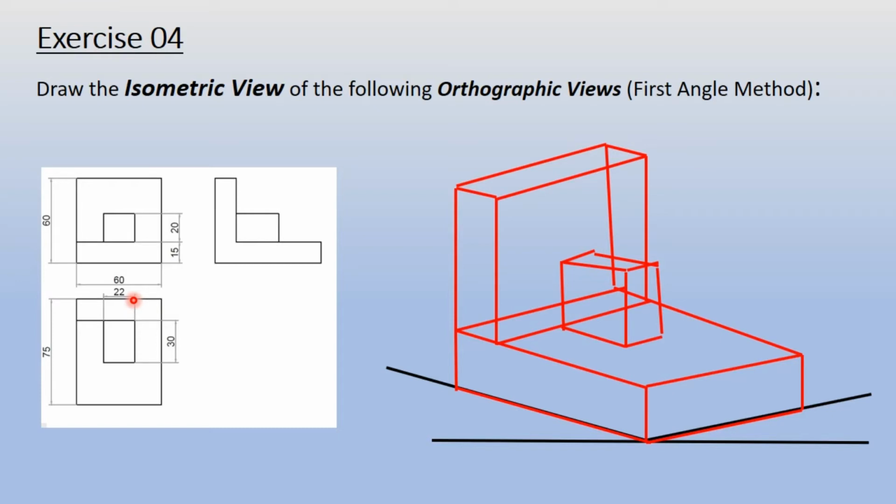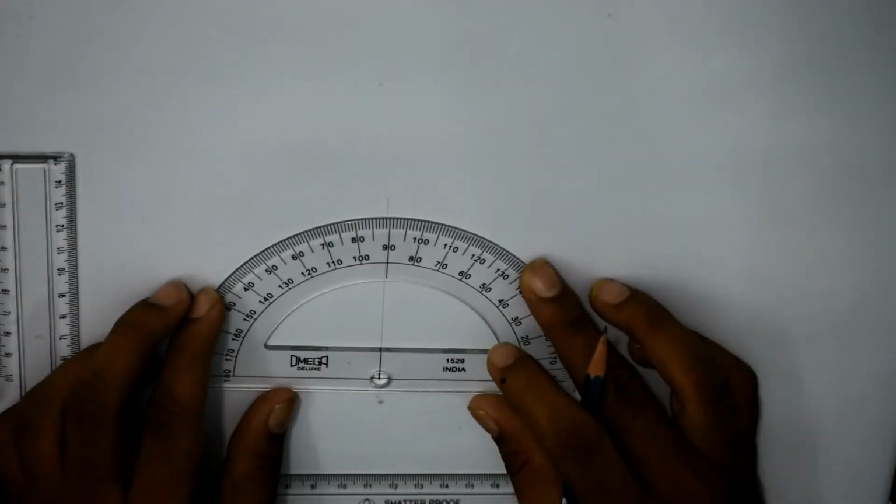As I told you earlier, every time before drawing the isometric view in the drawing sheet, just draw a rough draft in a free space in your drawing sheet, so that afterwards you can easily complete the isometric view. Again, now I am ready with the inverted T for this problem.